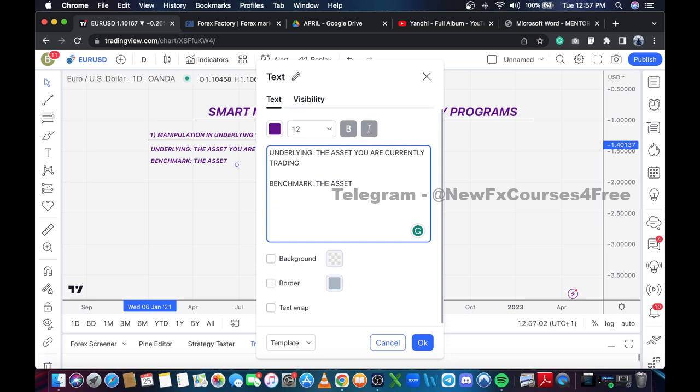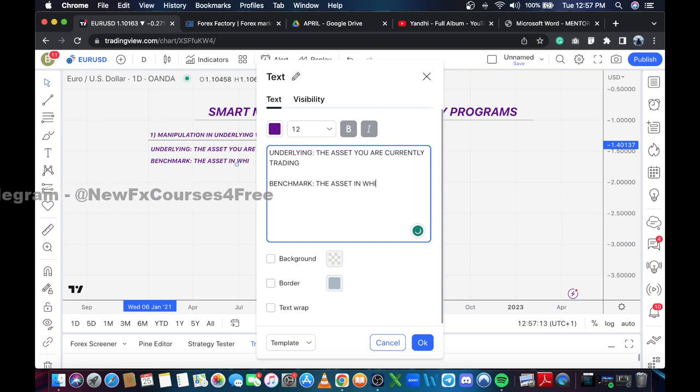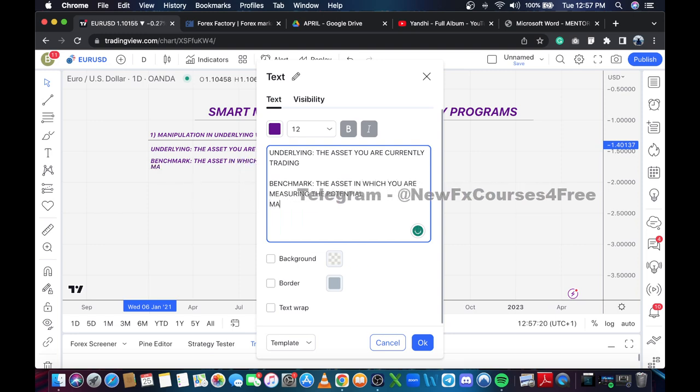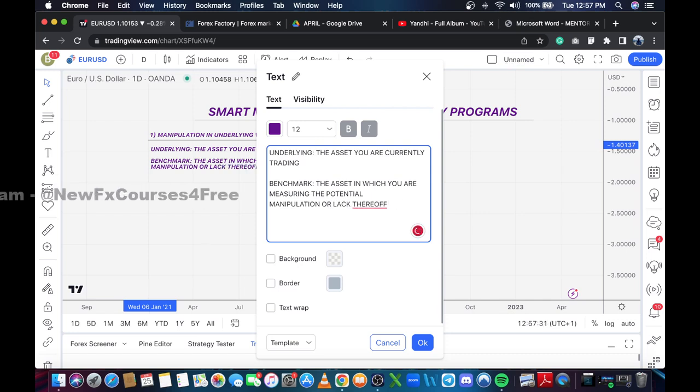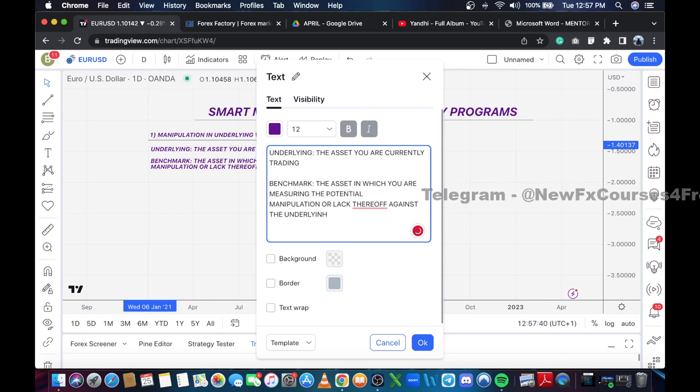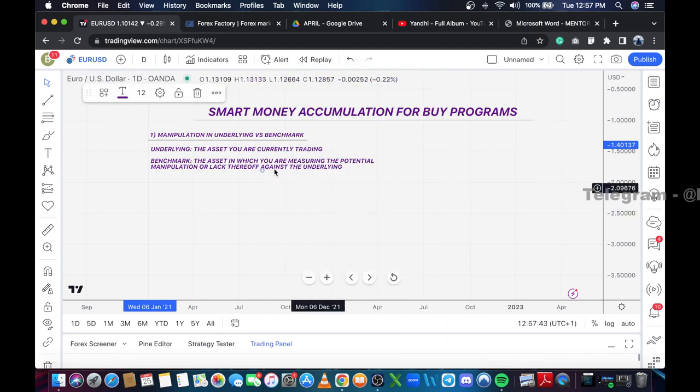That simply means, or this is something I like to call a reference asset. So the benchmark is going to be the asset in which you are measuring the potential manipulation or lack thereof against the underlying. Okay, so if you wanted to trade USD CAD, or you wanted to trade Eurodollar, so let's use Eurodollar